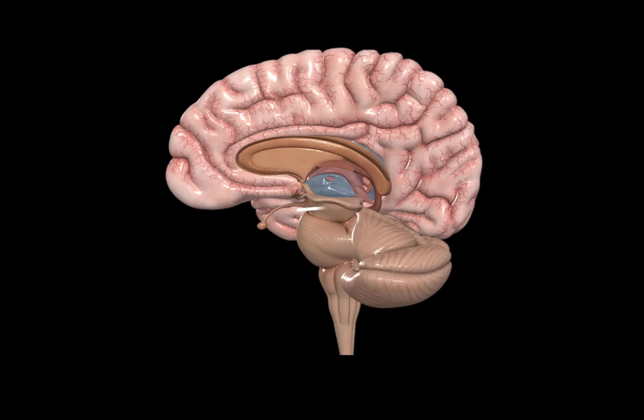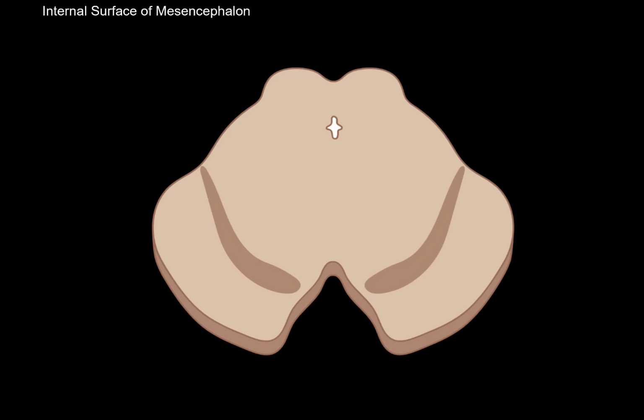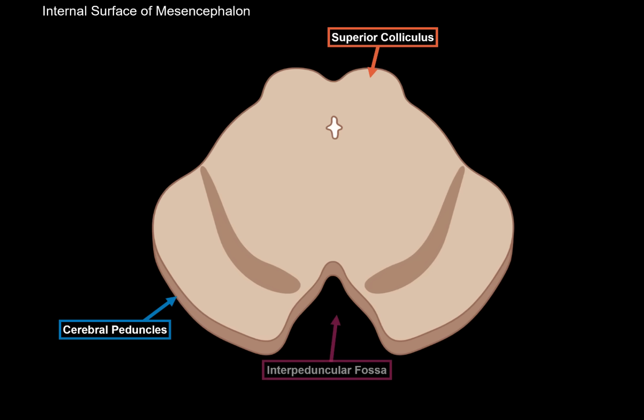Now, let's go ahead and cut the midbrain right about here and look at it from this perspective. We will see this. So this is at the level of the superior colliculi. Structures are more or less the same, whether you make a cross-section at the level of the superior colliculus or at the level of the inferior colliculus, but there are some slight differences, and I'll make sure to highlight these differences along the way. Anteriorly, we have the cerebral peduncles, with the interpeduncular fossa here in the middle, and then